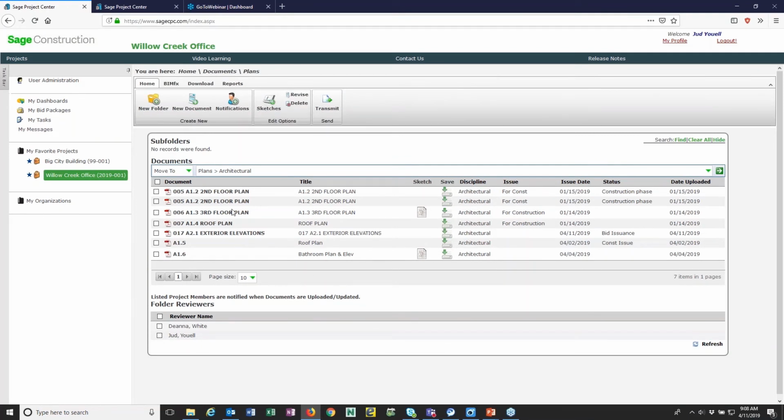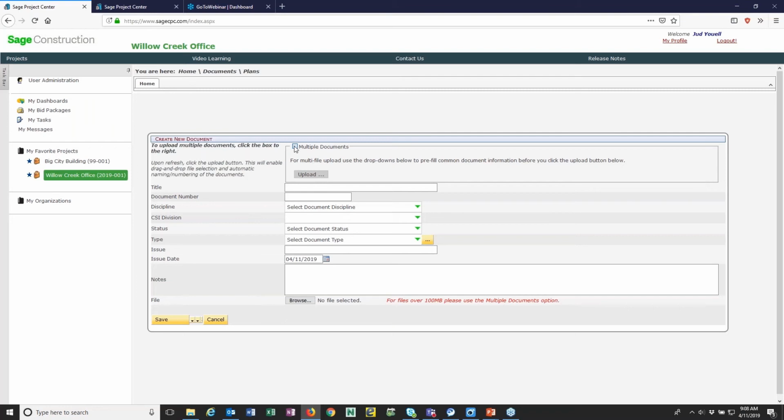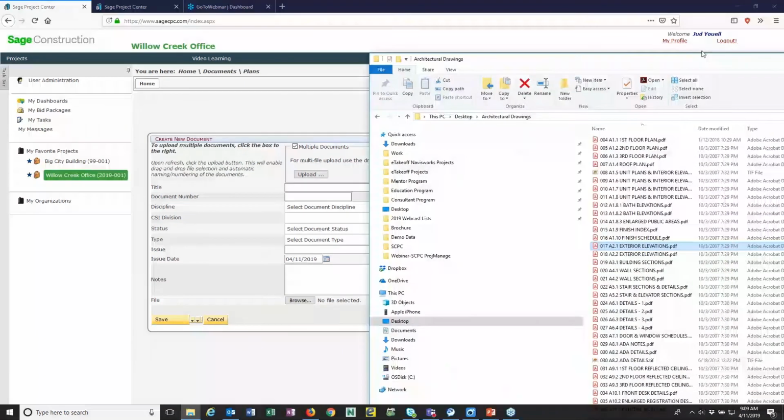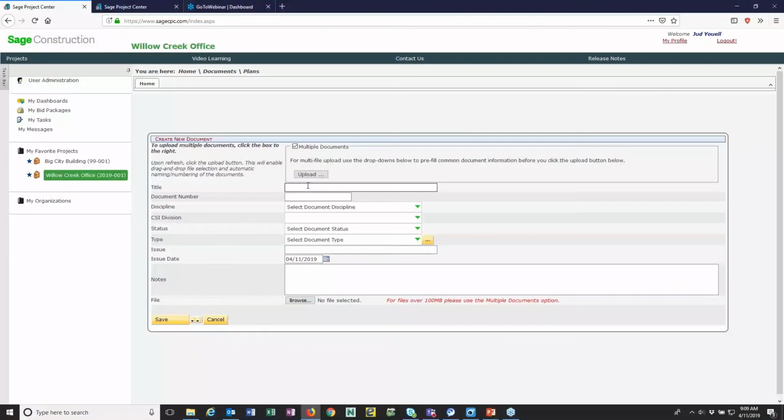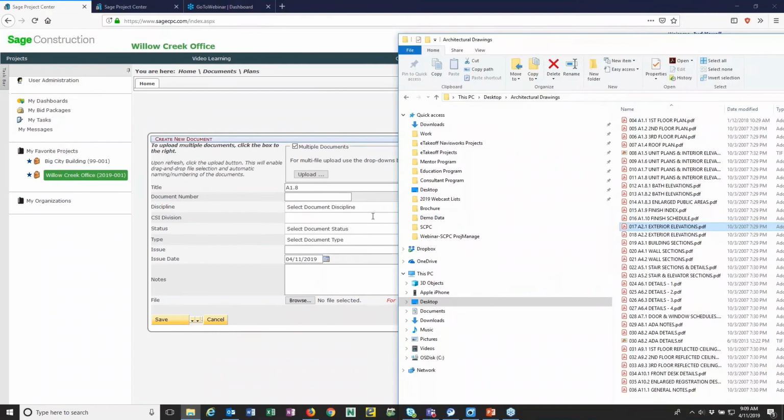And so why didn't that show up? Oh, let's try this again. So multiple documents, upload, document number, other stuff here. Let's try a different drawing this time. A 1.8,